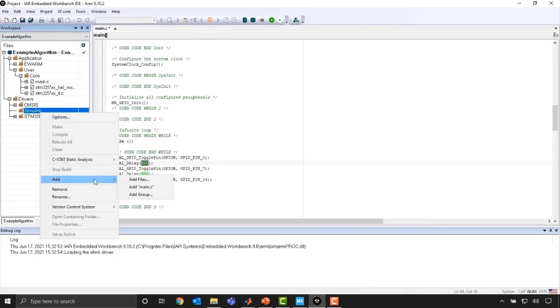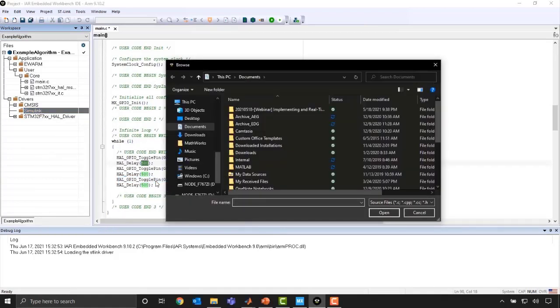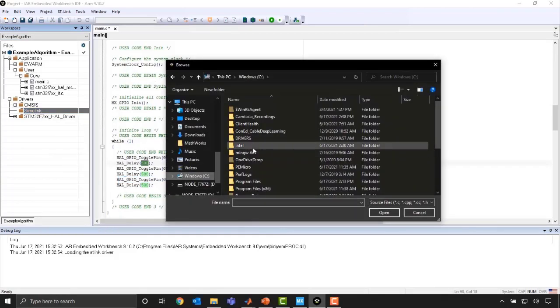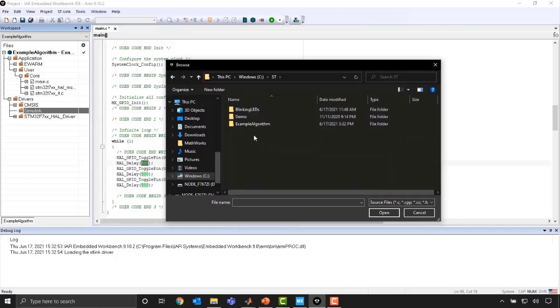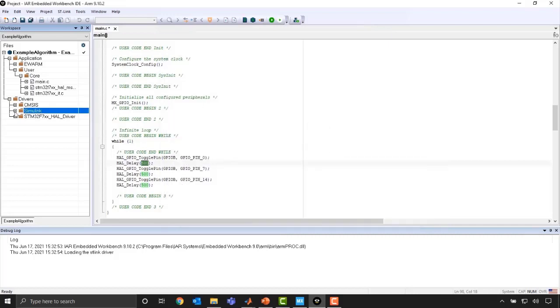And again, I need to go back to that folder, which is in ST example algorithm, drivers, Simulink. And what I can now do is select that sine rate algorithm.c file. That's going to import that in. And once we've done that, we should be good to go here.